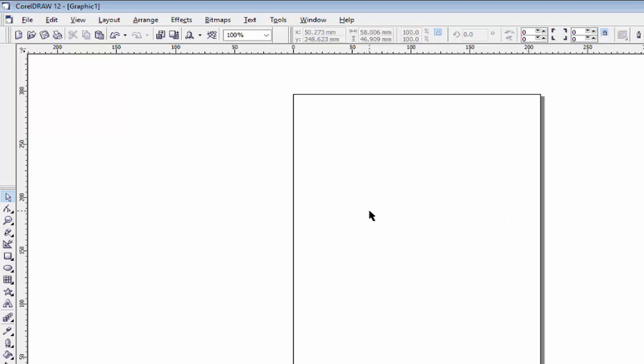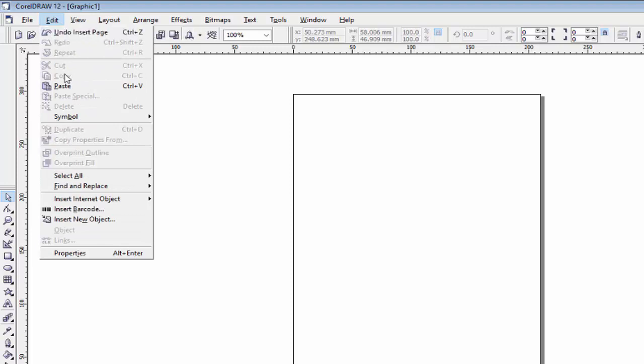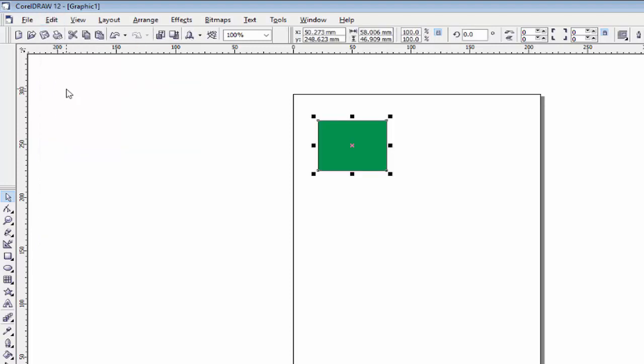You see I have selected the third page. Click here, go in the edit menu, click on the paste option, and you will see that the object which I copied from the first page is now pasted on the third page. So I think you got my point. You can copy any object and paste it anywhere in your file.